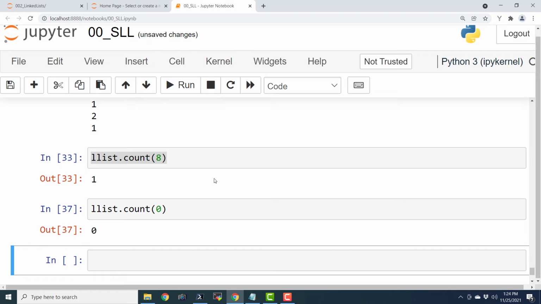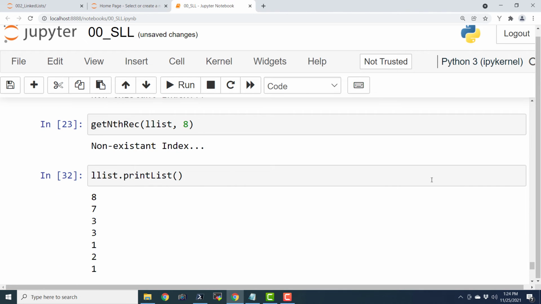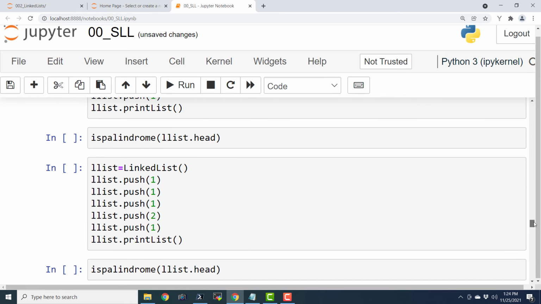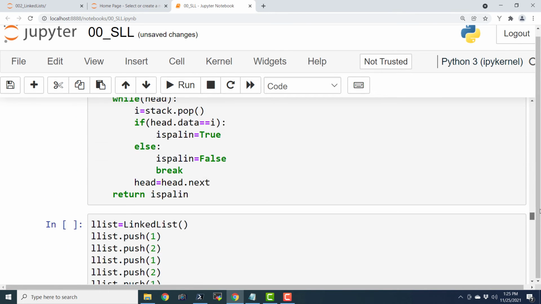So this is how we can write a simple method to input the search term and then iterate over the list and then count how many times that particular search term has occurred in that list. So it could be anything. It could even be a character. It could be a float. That depends on what sort of data you are willing to store in your linked list.